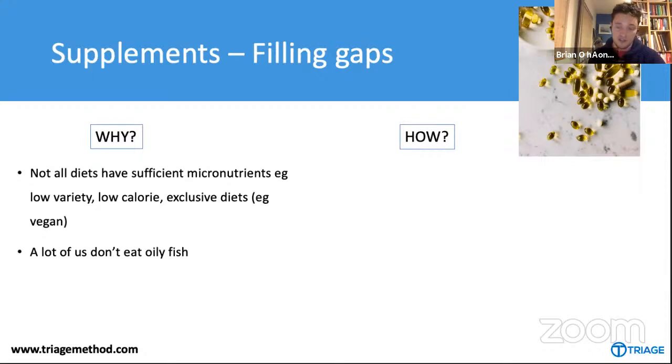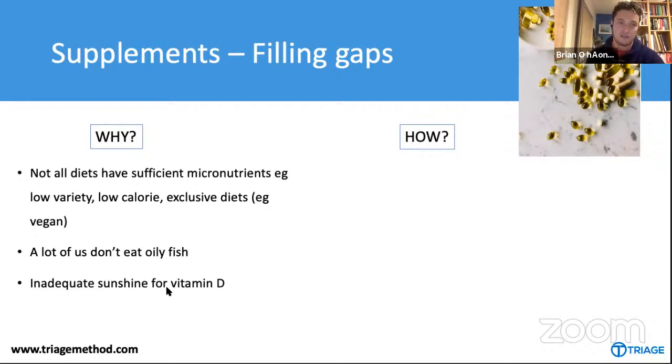A lot of us don't eat oily fish, as I already mentioned. We have a great fish supply in Ireland. Unfortunately, people aren't that keen on eating salmon, mackerel, anchovies, herring, sardines. If you do, then fantastic. Make sure you're getting 2 to 3 meals per week at least. The ones I'm talking about here: oily fish contains omega-3s. They're those fats that I mentioned that are most important for our health. And then vitamin D. These are the two nutrients I see being low in most clients that I work with, and most athletes.